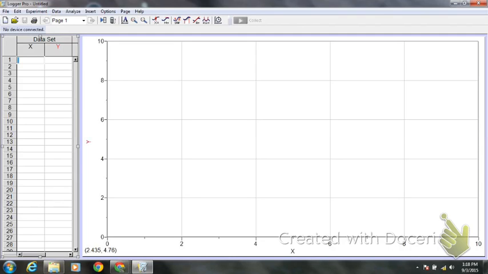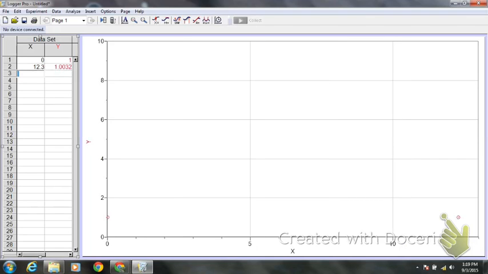So over in the X and Y, I've got some data here I'm going to throw in. Remember we said that our X is going to be weight percent and our Y is going to be density. So I'm going to put in water is 0 weight percent, density 1. And I'll show you in a minute how you fix these. Okay, so notice that it's not giving me the right number of sig figs. Okay, for A, I picked a weight percent of 12.3, I don't know. Okay, density